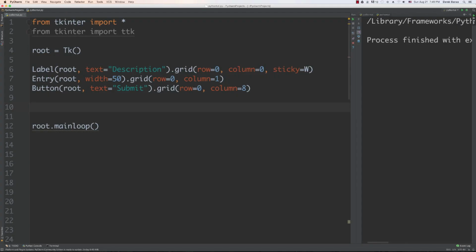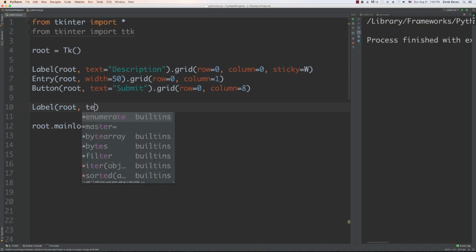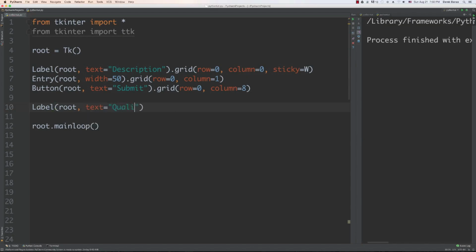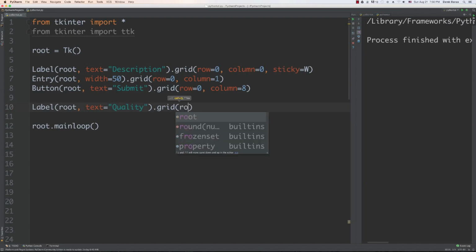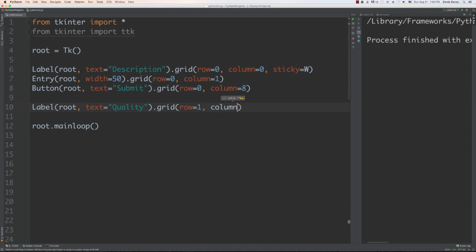All right, so now what do we want to do? Well, we want to have a label, and then we want to have a bunch of radio buttons underneath it. So we're going to create our label, and we're going to have something like our quality. We're going to define where exactly we want to place this using grid once again. We want this on the second row, so make row equal to 1. We want this to be directly underneath of our label here, so we're going to have that be in the same column as the other label that we have on our screen. And we want it to line up also, so we're going to make sure that we have sticky and west